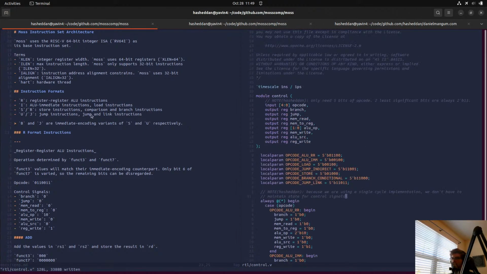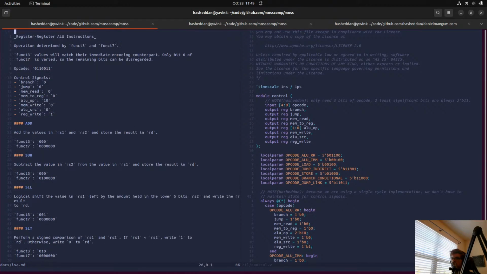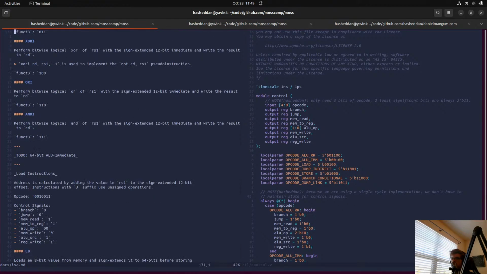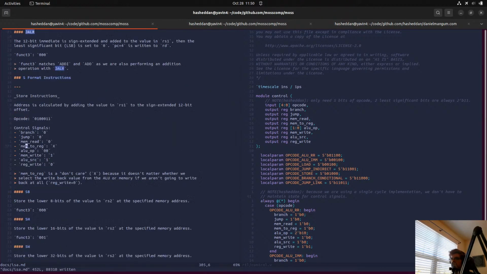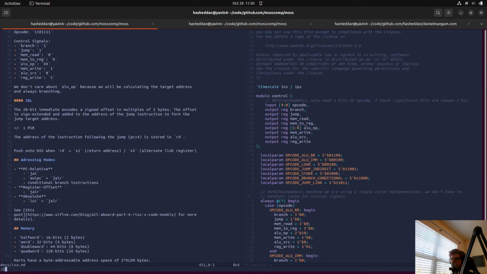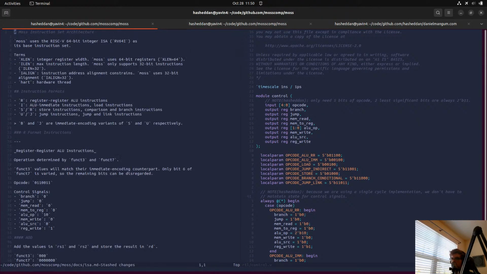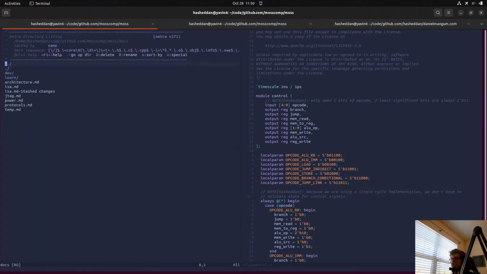All right. Cool. Let me make sure that we have everything. Okay, yeah, this looks all good. What is in our stash changes here? README, ISA, temp.